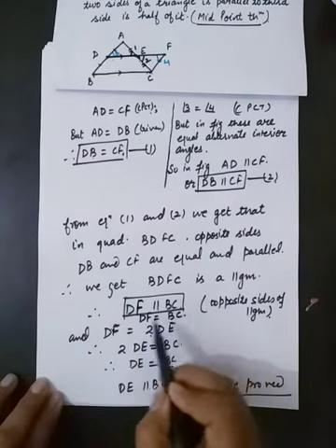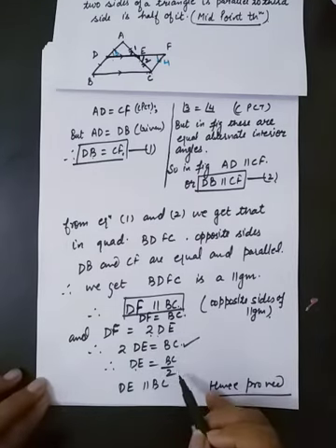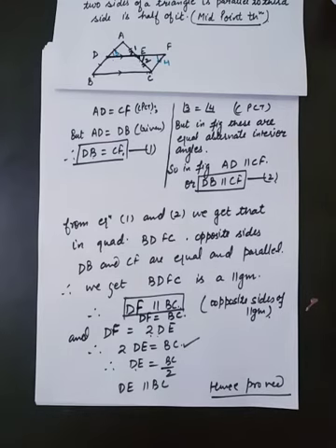This statement gives you that DE is parallel to BC. And this one gives you that DE is equal to half of BC. So students, this is the midpoint theorem, and this theorem is also known by its name, that is midpoint theorem. And you have to learn the statement of this theorem also. And there is also the converse of this theorem that will be used in your questions.